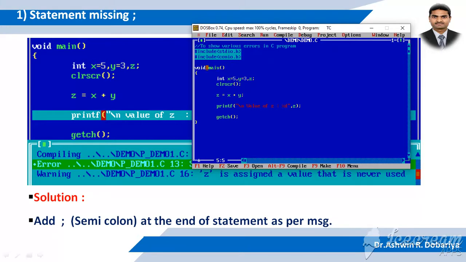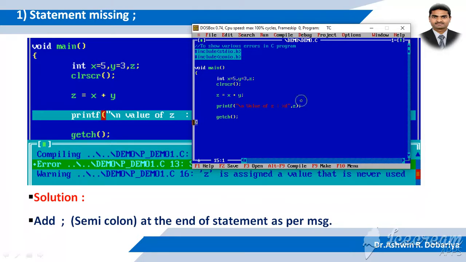So void main. What is the meaning of void, we'll discuss in terms of UDF, but right now you just remember void means this function does not return anything. You might see in Google or in some ready-made programs that int is mentioned here, and generally at the end it mentions return 0. Generally a function returns something, and when a function returns something then you mention the data type, otherwise void. At the beginning phase we'll write void main. Then the curly brace indicates the